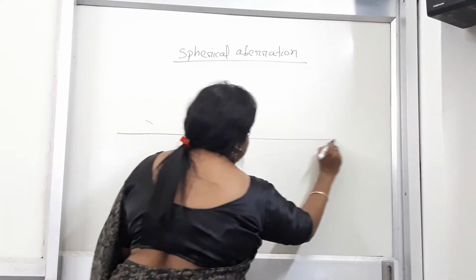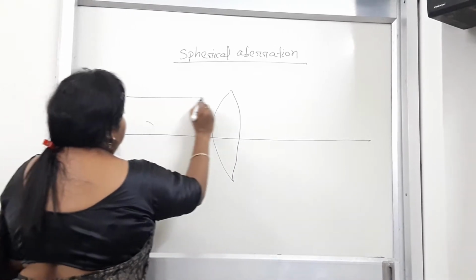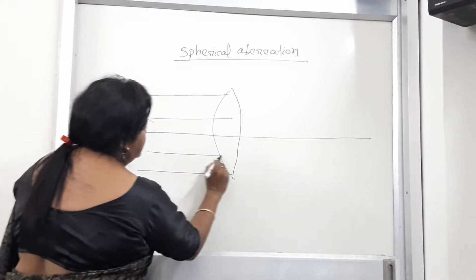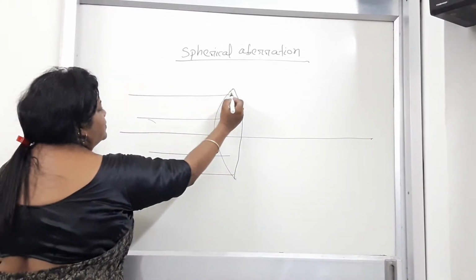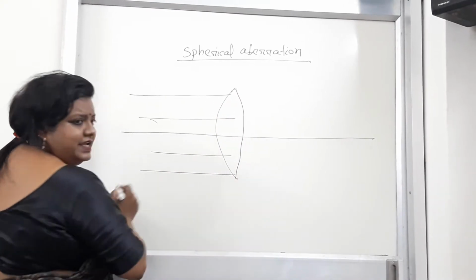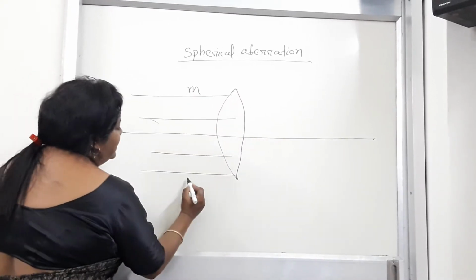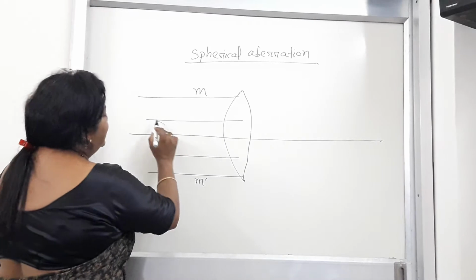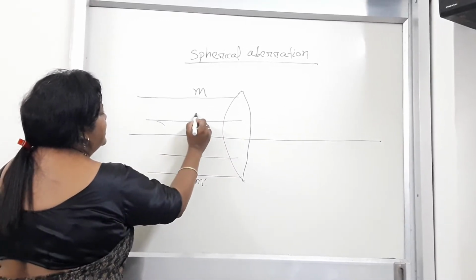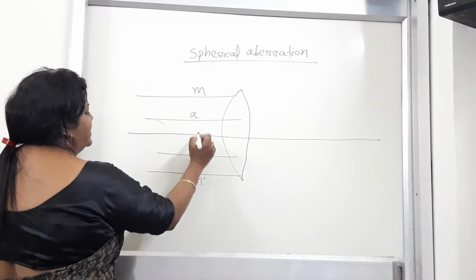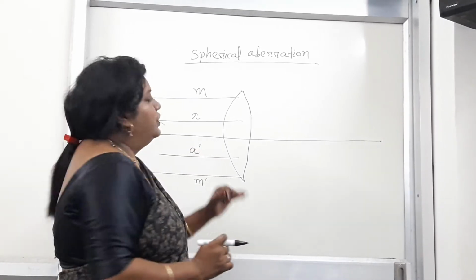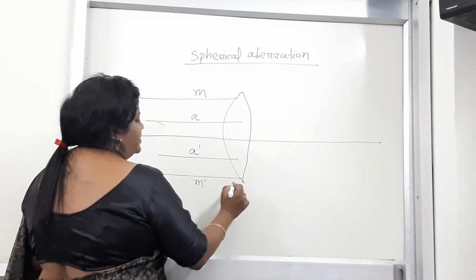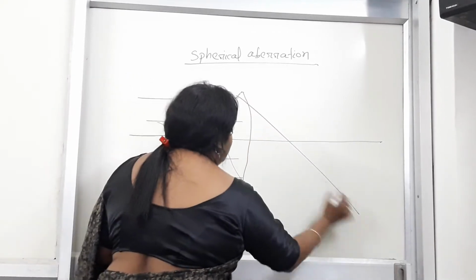This is my axis, and the set of rays approaching my lens that is closer to the margin of the convex lens is called marginal rays, denoted by M dash. And the set of rays that is closer to the axis are paraxial rays, denoted by A dash. When this set of rays approaches the convex lens, after refraction, the marginal ray is focused